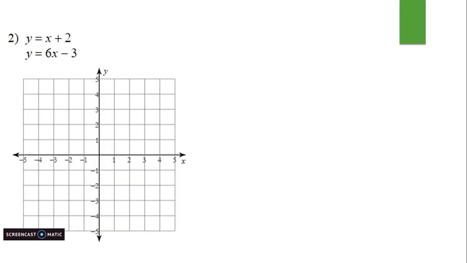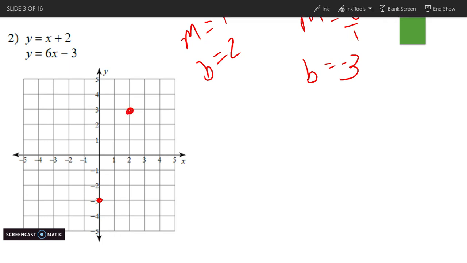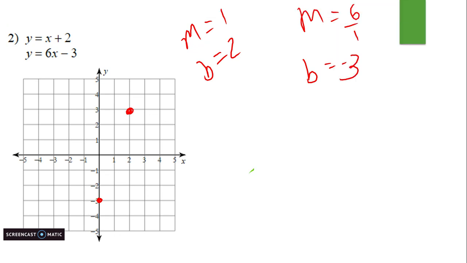Next one here, we've got a slope of 1 and a y-intercept of 2, a slope of 6 over 1, and a y-intercept of -3. So here's my y-intercept of -3. We're going up 6 and over 1. Just 2 points there that I can show. The other one, y-intercept of 2. We're going